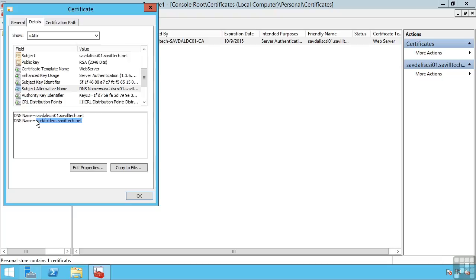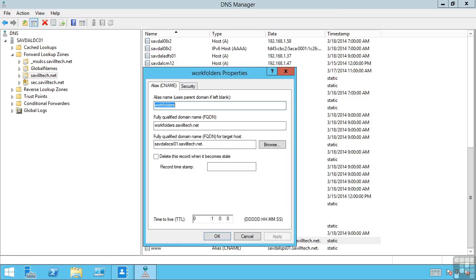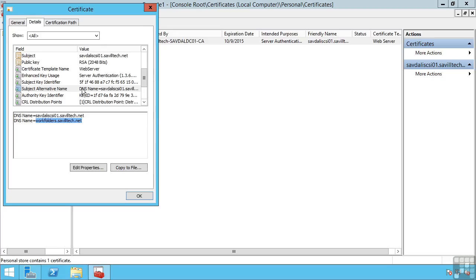I require this for work folders to function, as one of the key ways clients will actually find your work folder is you will go ahead and create a DNS entry. This is my domain controller and DNS server. You can see I've created an alias record called workfolders, and this points to my actual work folder server. And so the client will actually be using HTTPS to talk to workfolders.yourdomain. And so the certificate has to match this in addition to its fully qualified domain name, which is why you can see on my server the certificate I use for HTTPS has a subject alternative name of